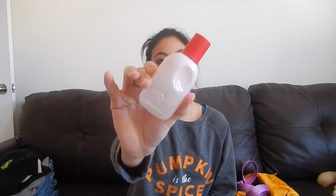So without any further ado, this is the Glossier You perfume. This took a while before it grew on me because it is very peppery, but it is also fresh and light and clean. So if you want to wear something, let's say, obviously not now, but when the day comes, you're going out to an event or you're in close quarters, maybe the gym, I don't know,